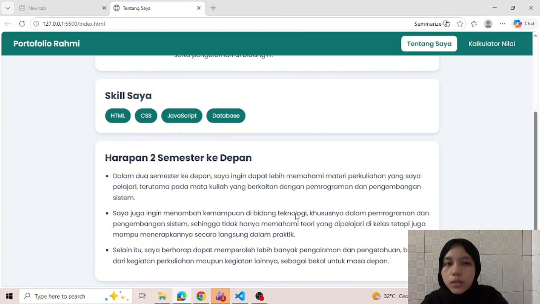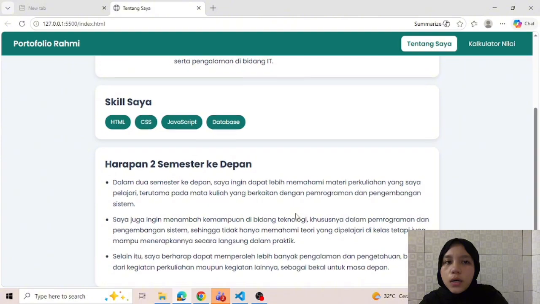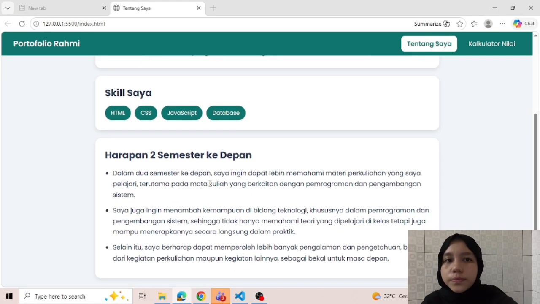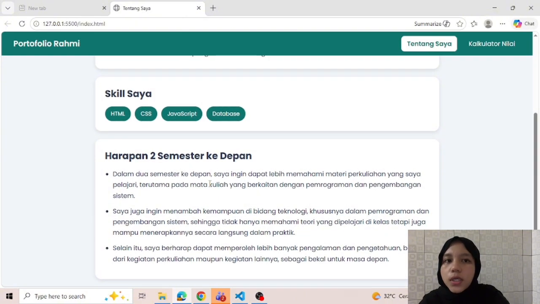In this section is displayed several skills that I have learned, including HTML, CSS, JavaScript, and database. The skills are displayed using colored text to make them more attractive and easier to read. Below the skill section, there is an expectations for the semester section.